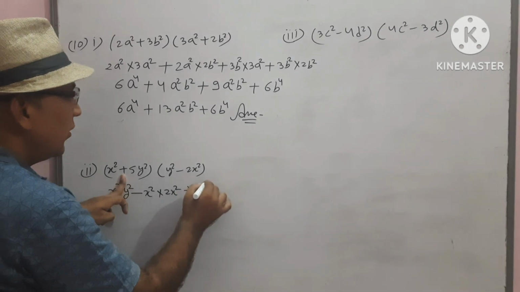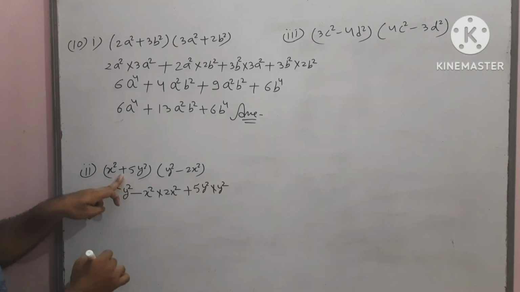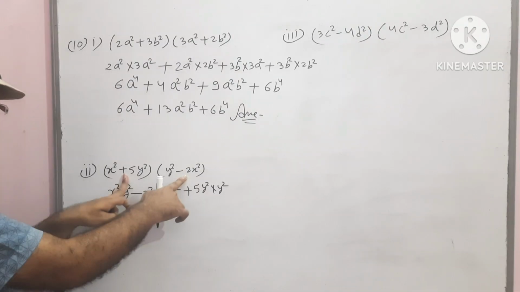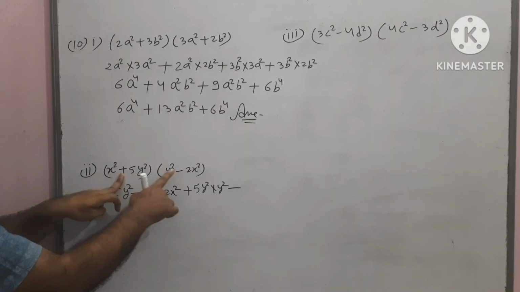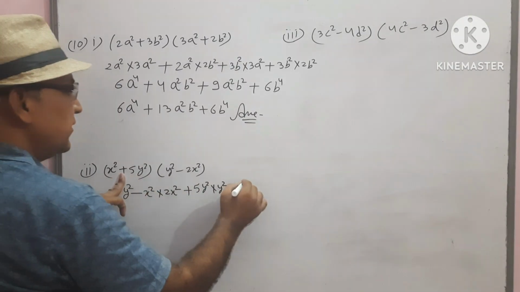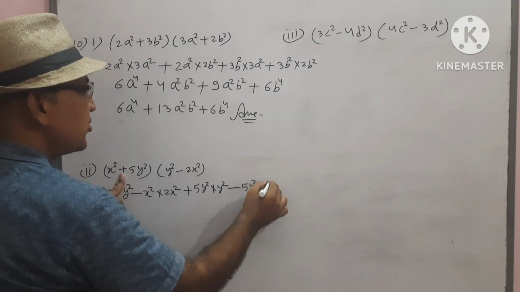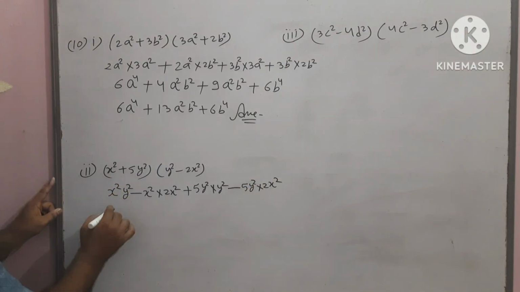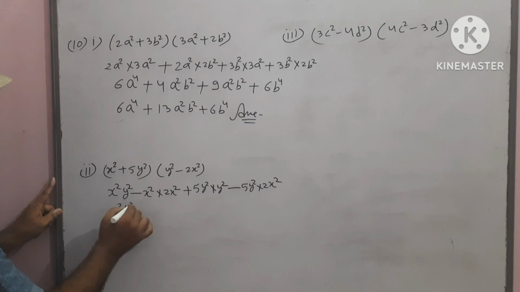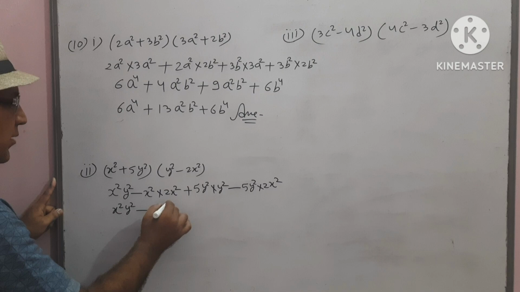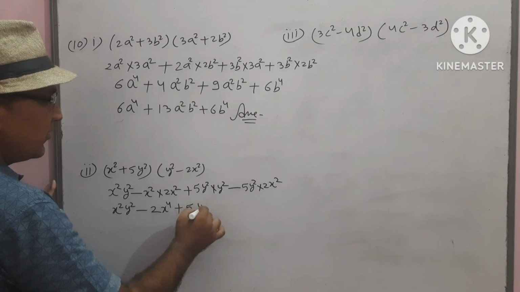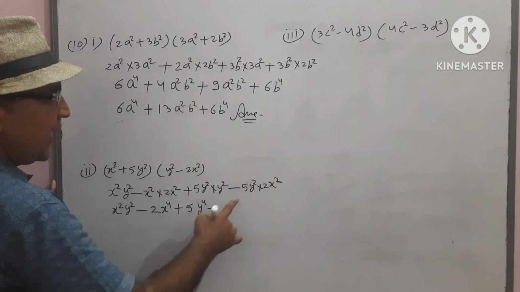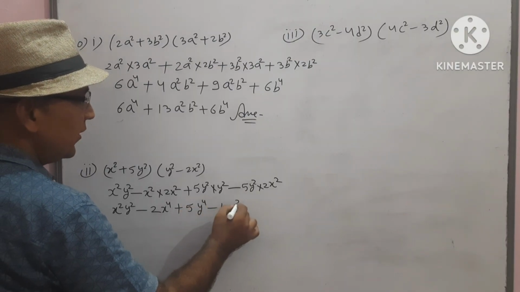Now 5y square into y square. Now plus 5y square is multiplied with minus 2x square. We will get minus. Why? Because plus is multiplied with minus becomes minus. Then 5y square into 2x square. Now calculate it. X square y square minus 2 x square is multiplied with x square becomes x power 4 plus 5 y square is multiplied with y square becomes y power 4 minus 5 into 2, 10 x square